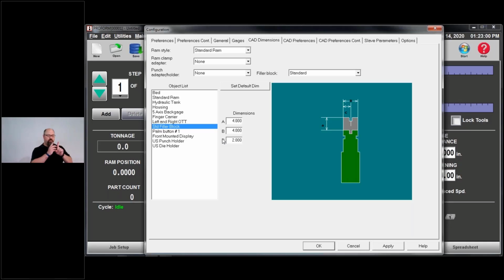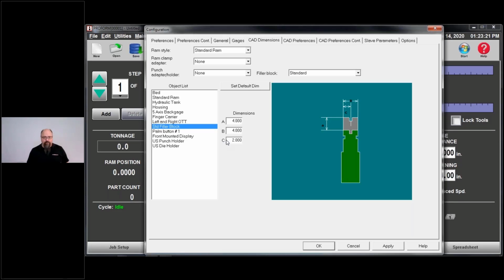So if I've got a 2-inch wide filler block, but the software thinks I've got a 4-inch wide filler block, and I've got a part hanging down over the back of the die, clear of my physical filler block, the software will show an interference because it thinks the filler block is this wide instead of this wide.